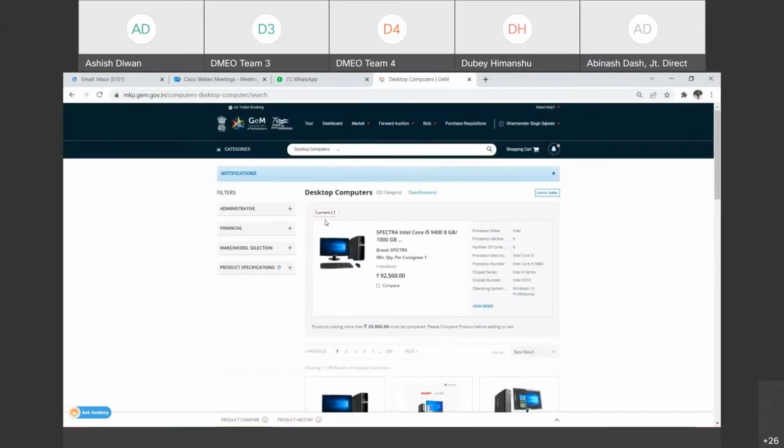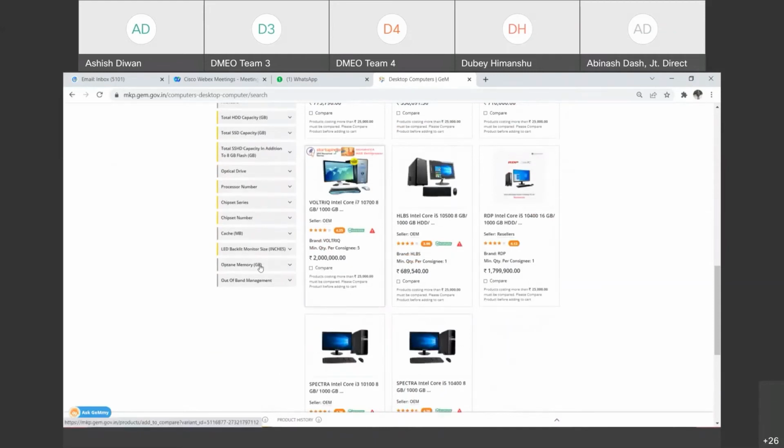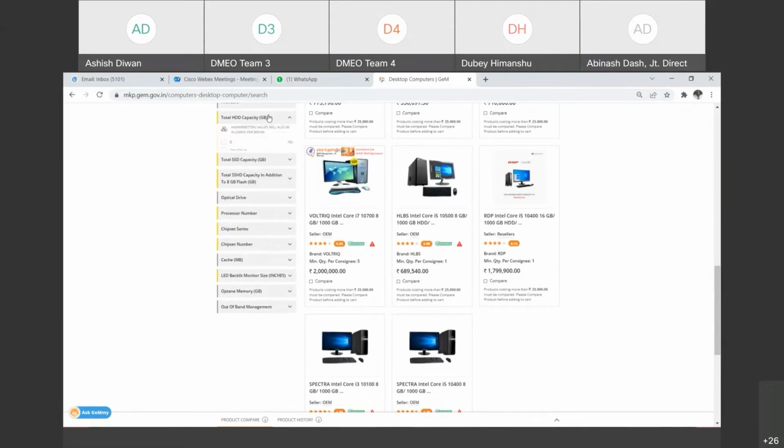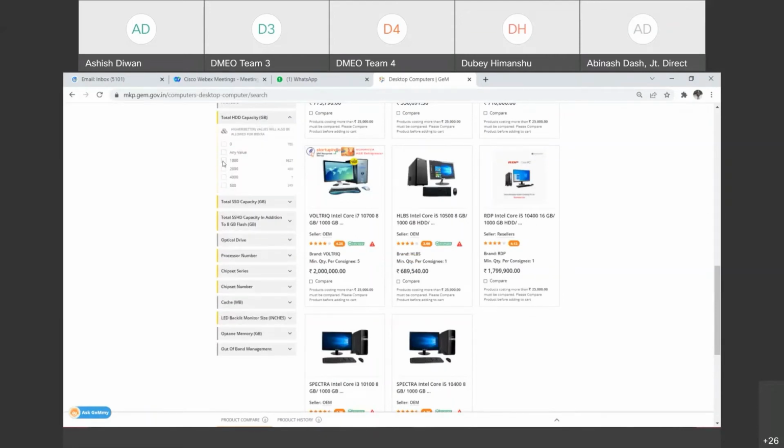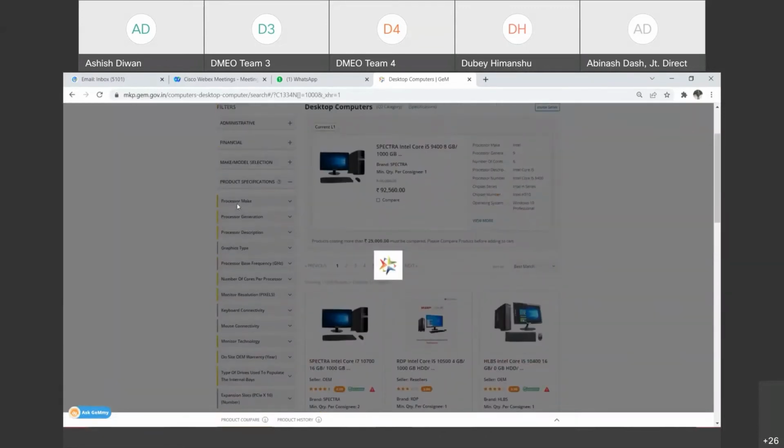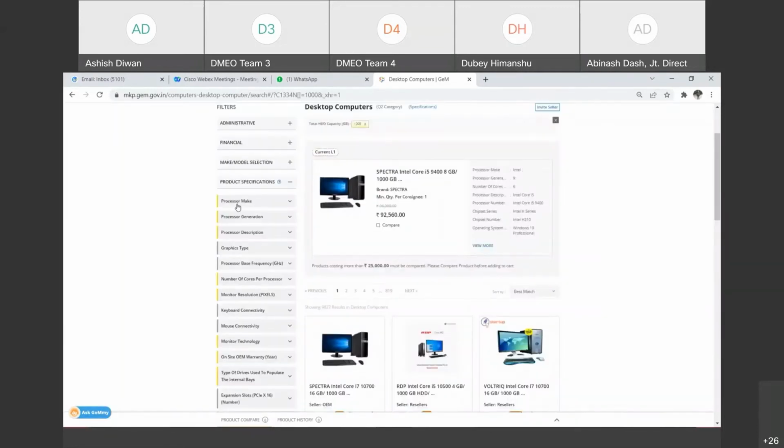We have here the current L1 selection. ये जो है जेम में ऑटोमेटिक चला आता है, और अगर हम लोगों को स्पेसिफिकेशंस अपने देने हैं, जैसे एचपी का चाहिए तो मेक मॉडल में जाके हम एचपी का दे सकते हैं। कितना रैम 8 GB चाहिए तो रैम ऑप्शन में डाल सकते हैं। SSD 1 TB चाहिए तो वो डाल सकते हैं। जो भी हमारा स्पेसिफिकेशन है वो हम इसमें दे सकते हैं।